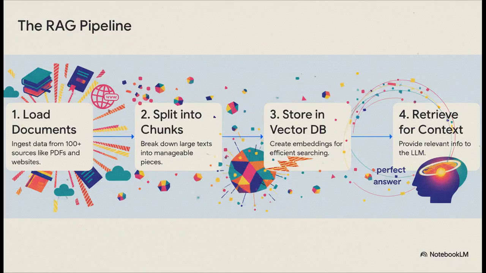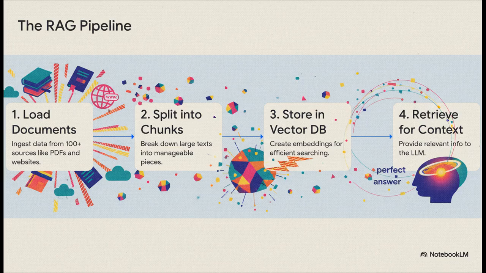The RAG pipeline sounds complex, but it's actually super logical. Step 1, you load your documents. Step 2, you chop them up into smaller, digestible chunks. Step 3, you store these chunks in a special thing called a vector database. This is the magic part. It turns your text into numbers, so you can search by meaning, not just keywords. And finally, step 4, when a user asks something, you retrieve the most relevant chunks and feed them to the